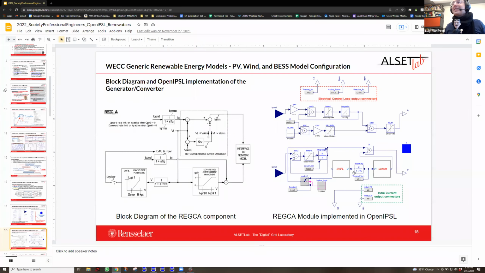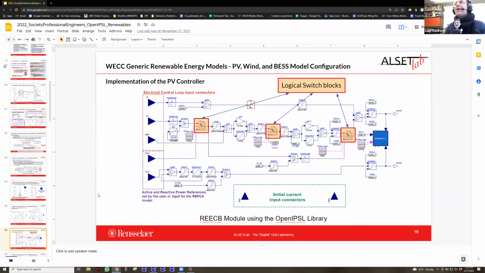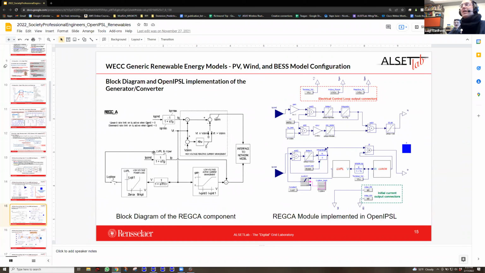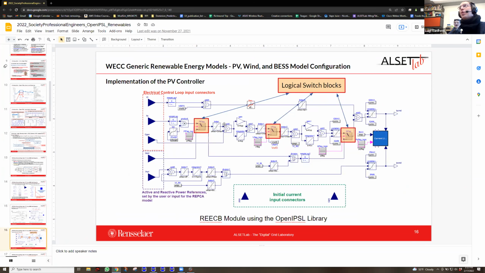Okay, so in this case, we combine both modeling at the textual layer, like normal programming, and graphical object-oriented modeling. And we use object orientation throughout. These models are made by committee, and you can tell that because it has all these switches to decide which function to enable depending on the manufacturer. So we enable the same approach using logical switch blocks. Now you have an entire module for the PV controller, and you have the current limiting logic over here. So we are basically building all of this step by step.